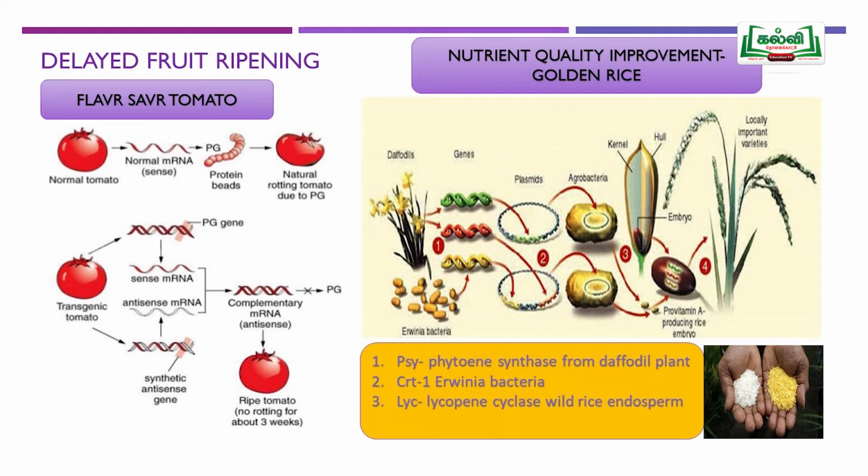Where will this beta carotene be expressed? Whether it is expressed in the entire plant, or only in the shoot or in the root. This system makes the expression of beta carotene especially at the endosperm of the rice plant. In the endosperm that expression will take place, and that endosperm only we are consuming. Let us see the picture, where golden rice and normal rice we may easily differentiate. Normal rice is whitish in color, and golden rice appears very golden in color. This is very important to consume commercially.